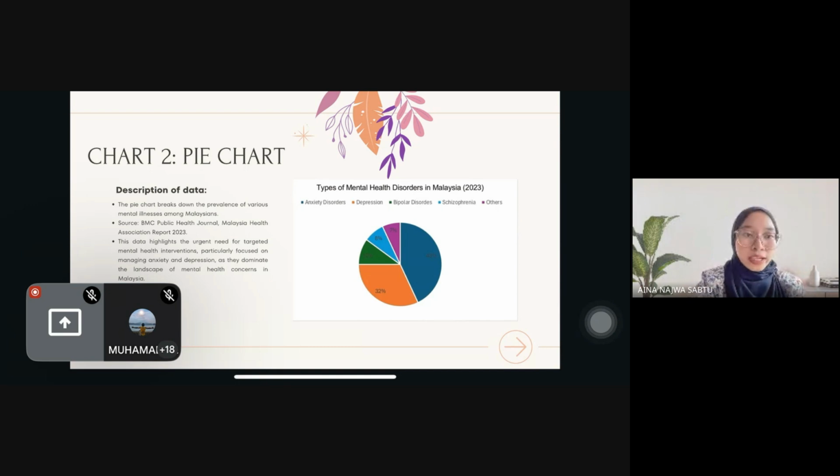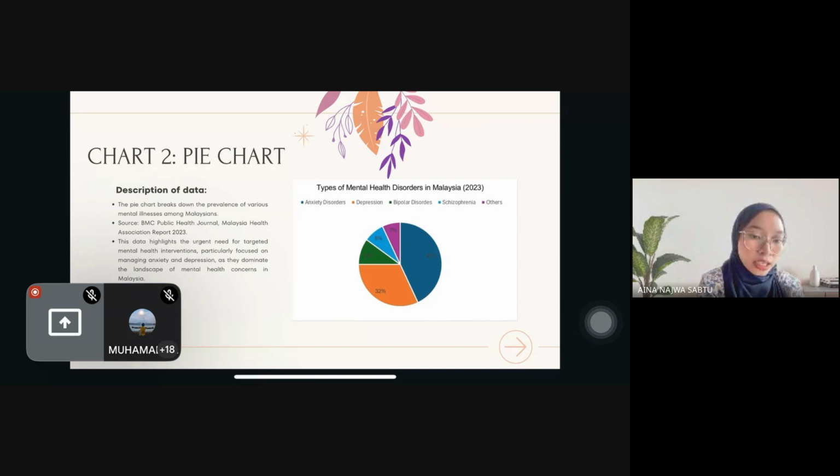For the pie chart analysis, as shown in the pie chart, anxiety disorders are the most reported mental health condition in Malaysia, making up 43% of cases. This reflects the significant impact of post-pandemic stress, economic uncertainty, and social pressures. Depression follows closely, accounting for 32% of cases. This indicates a continuing mental health crisis linked to issues like unemployment, social isolation, and academic stress,